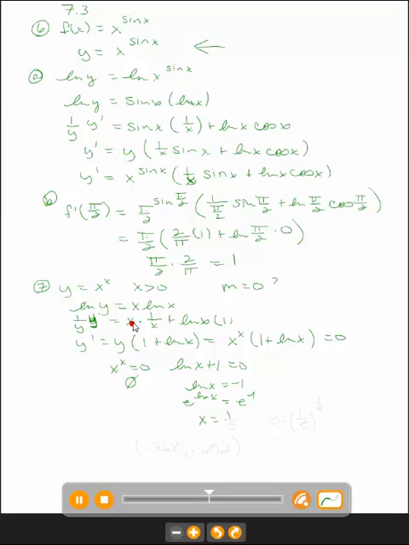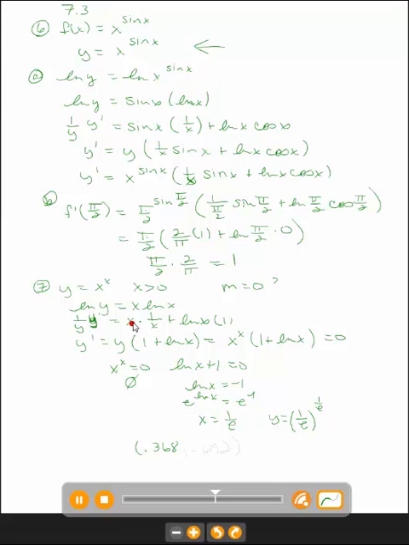So x is equal to 1 over e. So yes, there is a spot where there's a horizontal tangent. And if I'm trying to find out the exact point, I would plug that back in. So the y value would be 1 over e to the 1 over e,